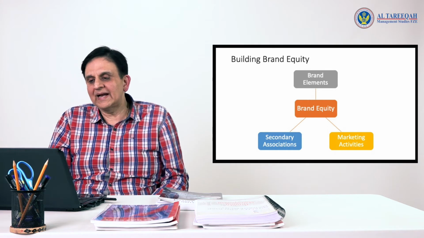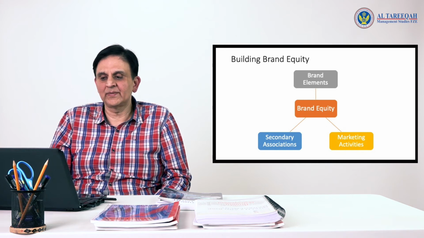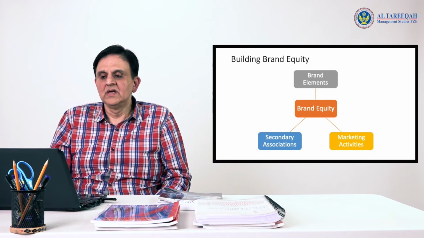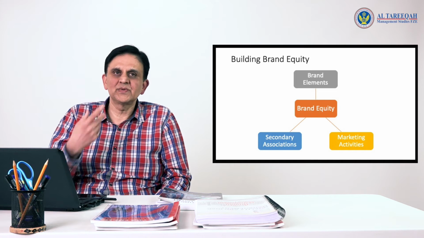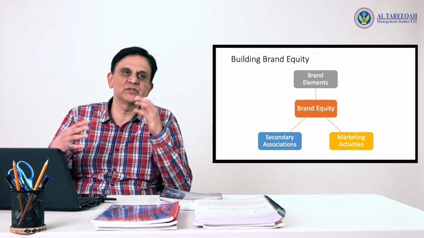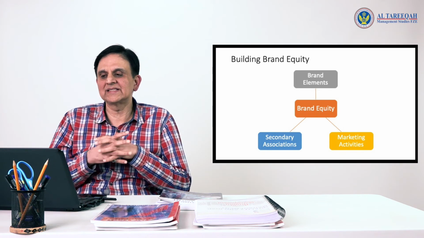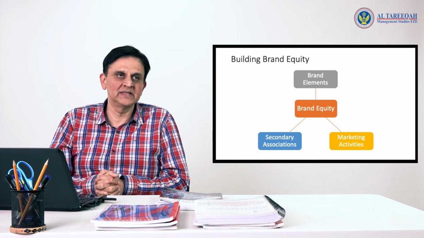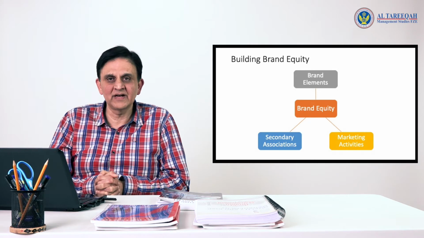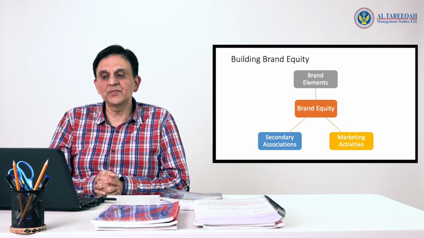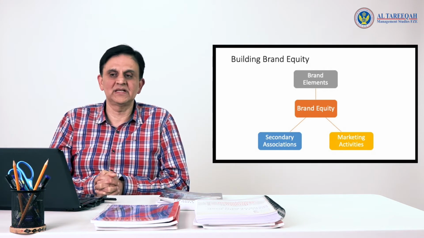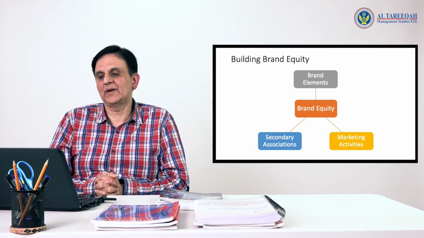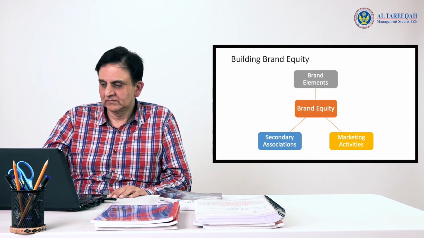So when you're building brand equity, you must take into account the secondary associations with the brand and the activities, which is the awareness as well as the image of the brand, translating into key branding elements such as: this is my favorite brand, I'm willing to pay a price premium for the brand. That is something you want to build into brand equity. Again, measurable.